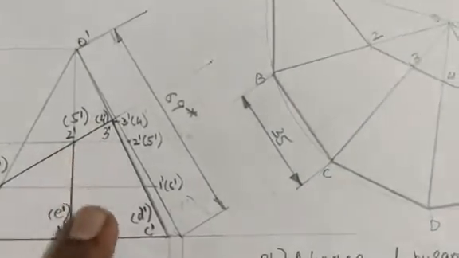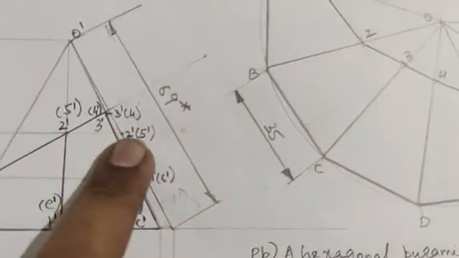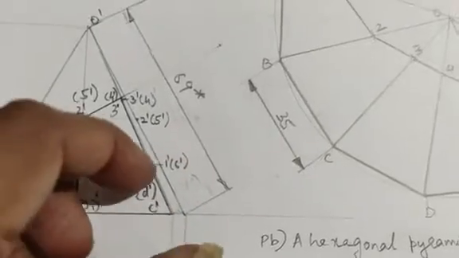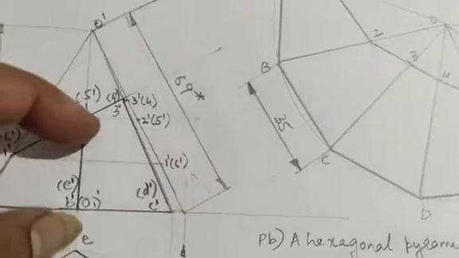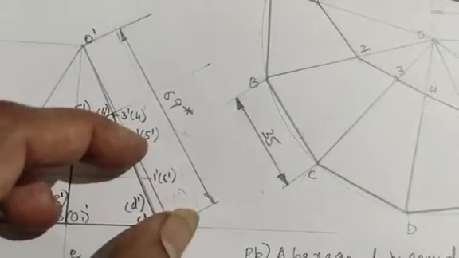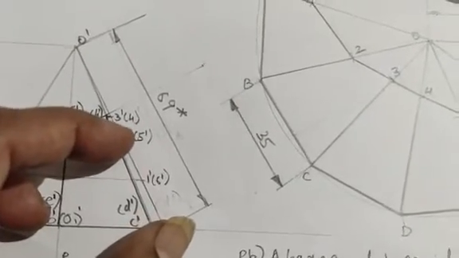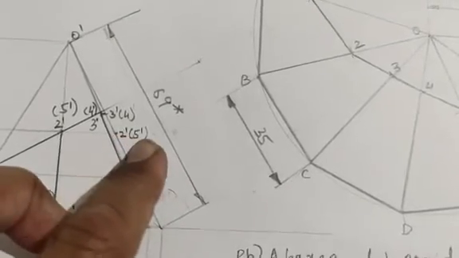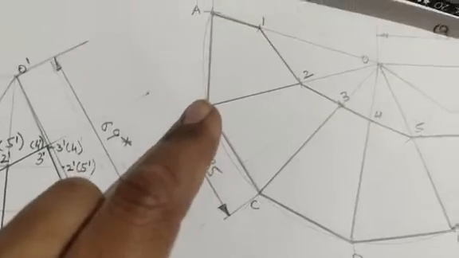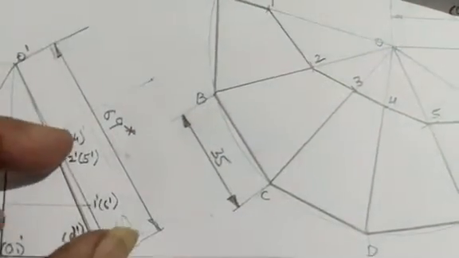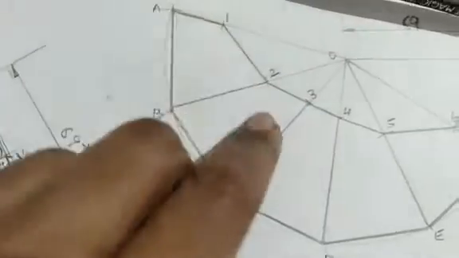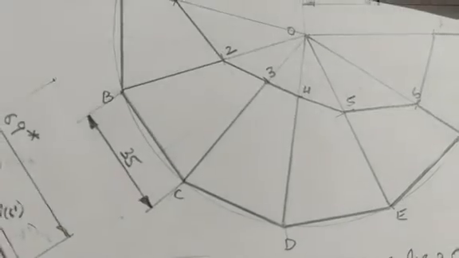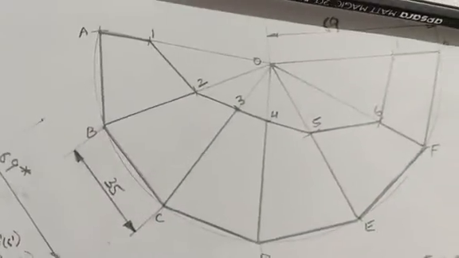Then 2, 5. 2, 5 you can measure here. You project this 2, 5 on this line, the new line which you have drawn. Measure this distance. Don't measure this distance. This is not of true length. The line which you have made parallel to the vertical plane, that is of true length. So 2 here, from here to here you measure. 2 is on B, E is on 5. We know that. So from B, this length whatever you have taken, you cut here. You will get point 2, and 5 is on E, you cut here. Okay. Then the last cuts.